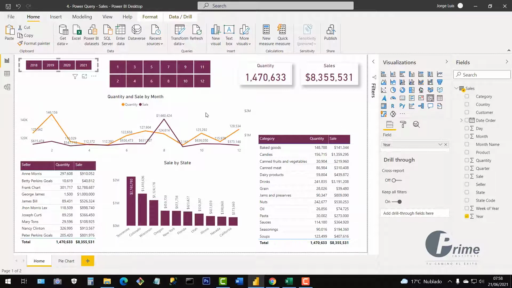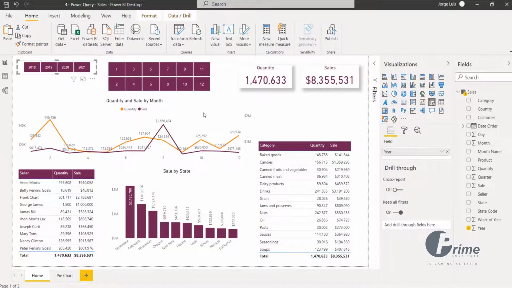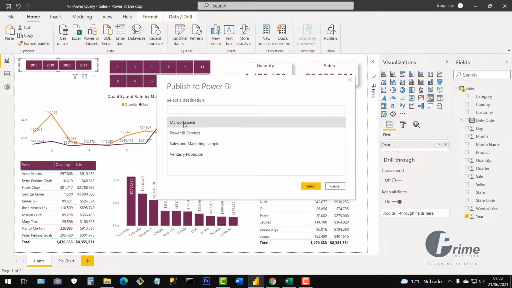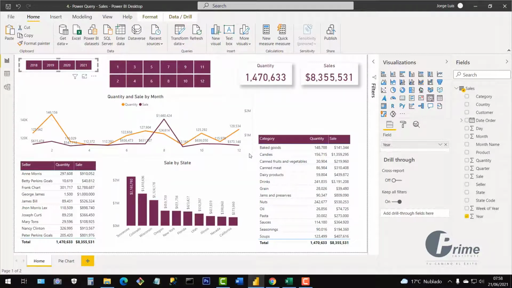And now after this, it's giving me a workspace, and then select that option. So with this, I am uploading or publishing in the cloud. When I finish, there will be a warning saying success, then close, or close here with the X, that is the same, and then go to